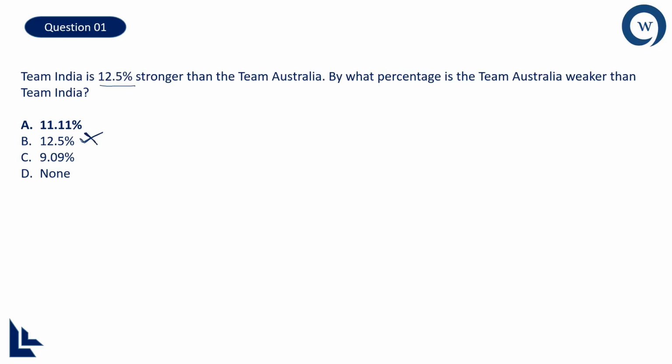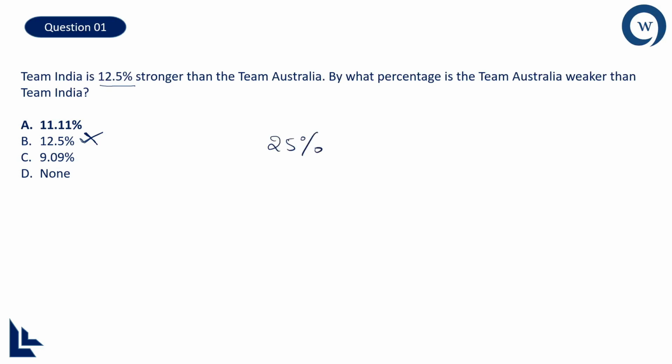You should not fall into this trap. Had it been given in real quantity, for example 12.5 meters more than the other quantity, or 12.5 kg more than the other quantity, if units are given, then your analogy is right. But now it is given in terms of percentage, and it will not function in that way because the references are different. For example, instead of taking 12.5%, I'll take 25% itself.